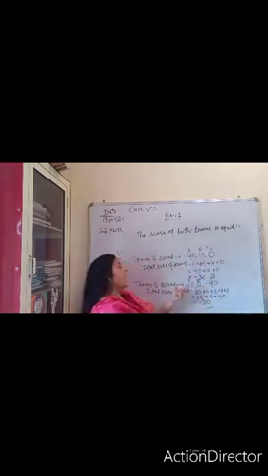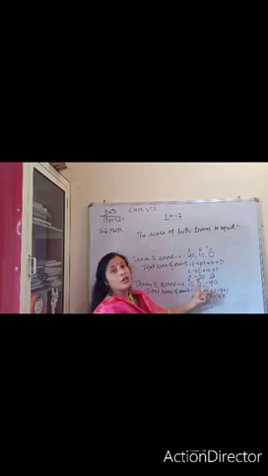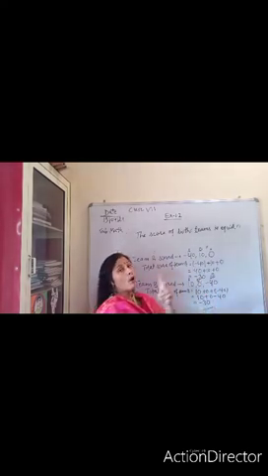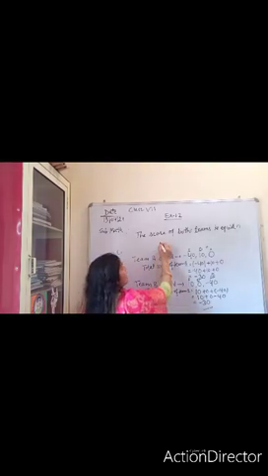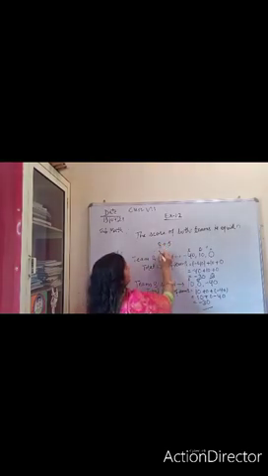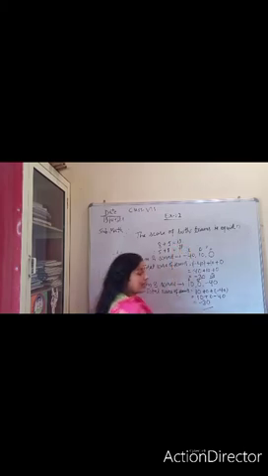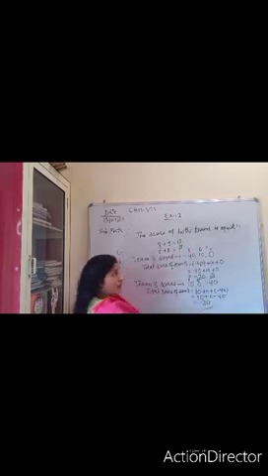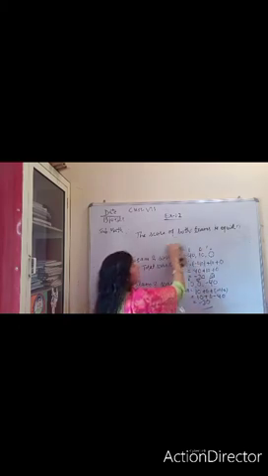Can we say that we can add integers in any order? What did I tell you when I explained the properties related to integers? In addition, order does not matter. If I add 8 plus 5 and 5 plus 8, the answer always remains the same. It means we can add numbers or integers in any order.